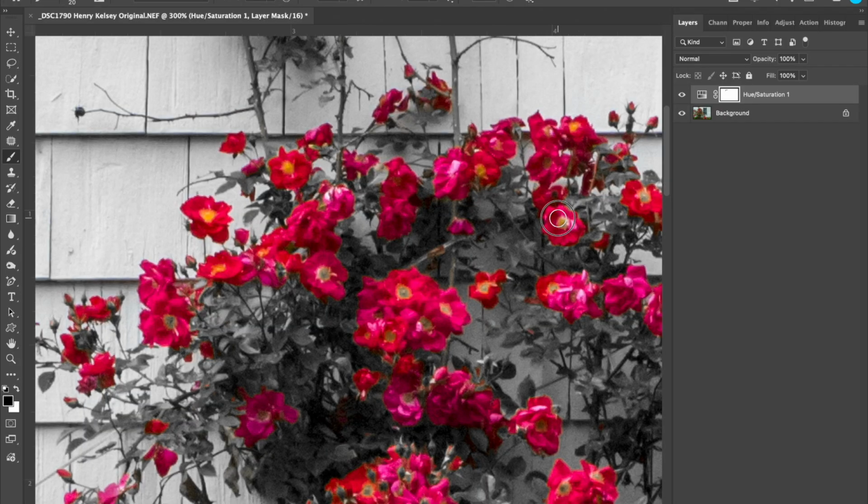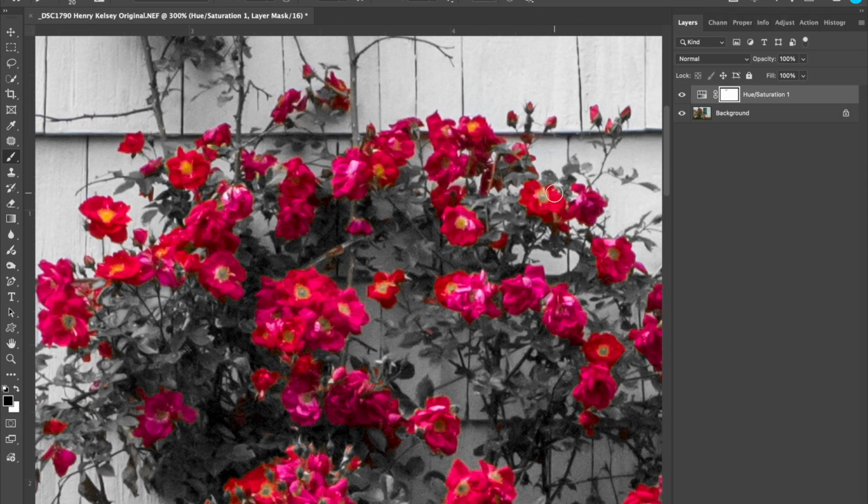And you see how some of those centers of these flowers have been desaturated, and now we're putting the color back into them. All we're doing is punching a hole in that layer mask so that we can allow the original color to bleed through while having the rest of it be desaturated. A lot of these are pretty good. Most of the stuff that we're looking at is going to be the orange centers, but it doesn't ever hurt to